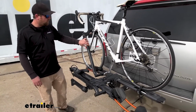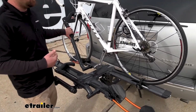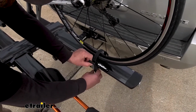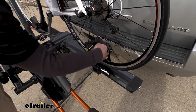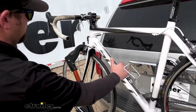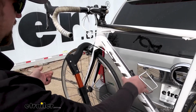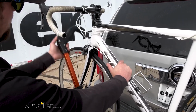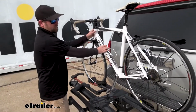So the way it works is really simple. We'll go ahead and pull our bike off so we can show you. You want to start at the back and take this strap off first. Pretty straightforward stuff there. And then you want to make sure you have a grip on your bike, because once we undo this wheel hook, this could tip over and hit your car. So have a grip on it. There's a button, push that. This will swing up. You can move it down out of the way,